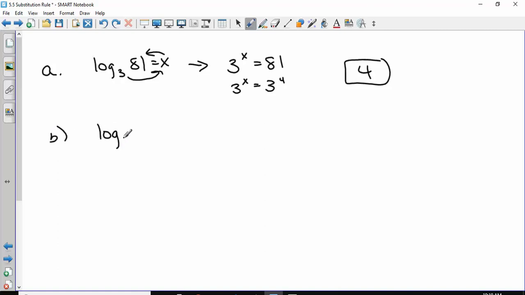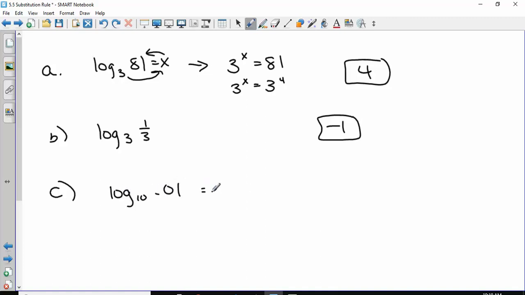4. So on B, log base 3 of 1/3. You could set it equal to x and work it out, or you could ask yourself, 3 to what power equals 1/3? Negative 1. Do I need to work that out? So C,